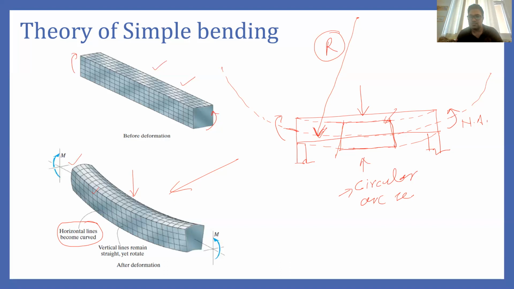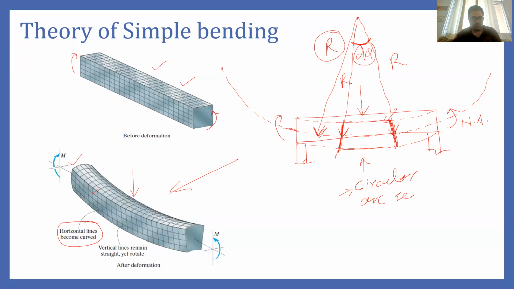Also, one more thing. If we consider this section, for example this one and this one, they will also be measured with reference to the center up to this. Similarly here also, if we consider this second section, this will also be measured as R, this will also be R, and the angle between them we can consider as d theta. Because of this bending of the beam, we have the radius of curvature, and we have the angle between these two assumed sections on which we are going to analyze and try to find out the stresses.